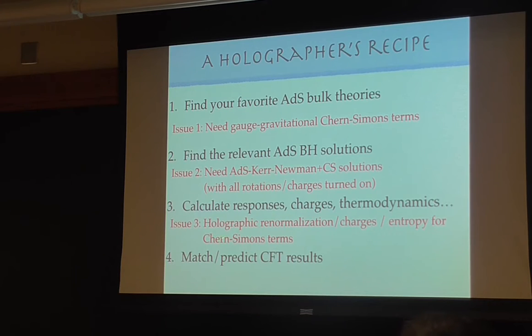The third thing is that if you have worked with TMG in 3D, sometimes with Chern-Simons terms, when you derive charges you go through the non-linear procedure, you vary your action and you pick out the boundary term. The Chern-Simons terms are precisely those that give you a boundary term that's not covariant. So you have to think about that carefully. Then you can do a holographic normalization of charges. And even for entropy, I'm going to comment on it at the end, there are some subtle things about Chern-Simons terms that you have to worry about. Once you figure this out, you compute all these one-point functions and the entropy, and then you see whether you match or not. So this is the idea.